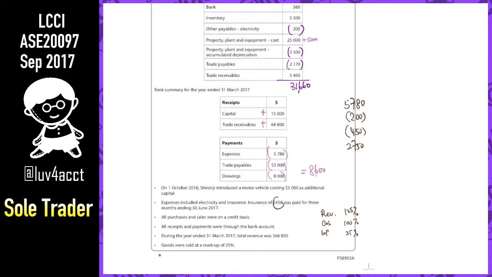So this is your total expenses. There should be nothing else because everything is there. There shouldn't be any extras. So 5780 minus 200 minus 450 plus 2750. You have 7880 as the total expenses, and then you have your gross profit